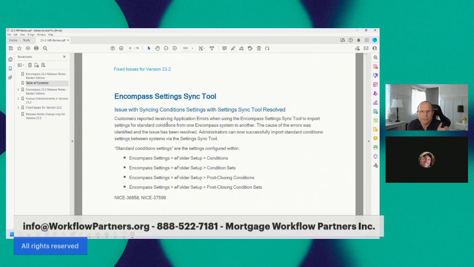Last one is page 69, the settings sync tool. If you guys never heard my soapbox speech on the settings sync tool, I'll save you. Just be careful with this, please. It has been known to corrupt destination environments. That's my story. I'm sticking with it. Be careful with it. But now, if you were getting an application error when you tried to use the settings sync tool to import